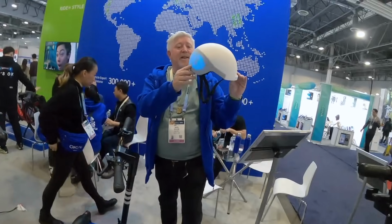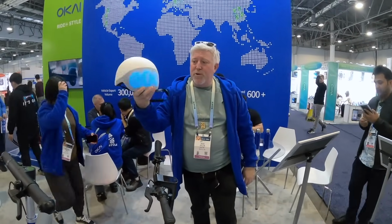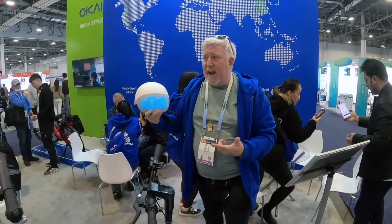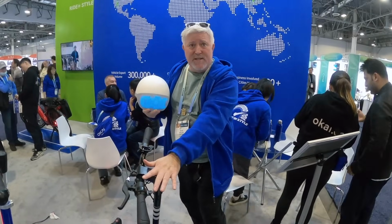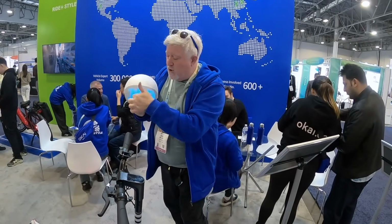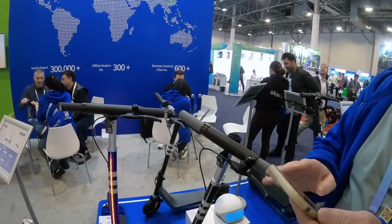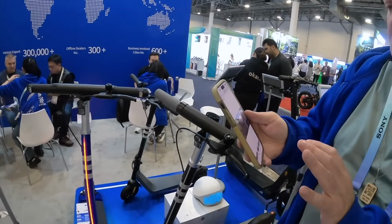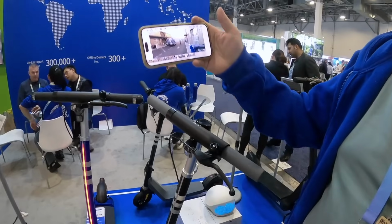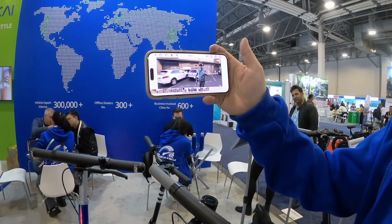So this has got an accelerometer in there, right? When you do this, when it's connected, it does left or right. And when it's paired with this, it will go red. They'll do a red triangle for a stop. Bluetooth. So this is me on this scooter. I've taken my hand off of it and I pulled my...